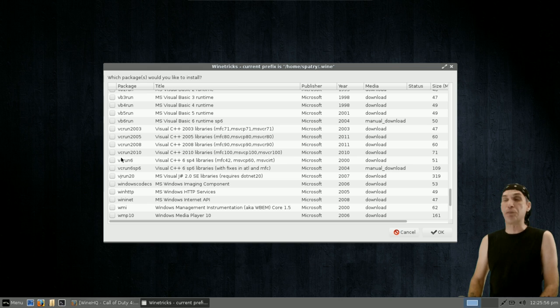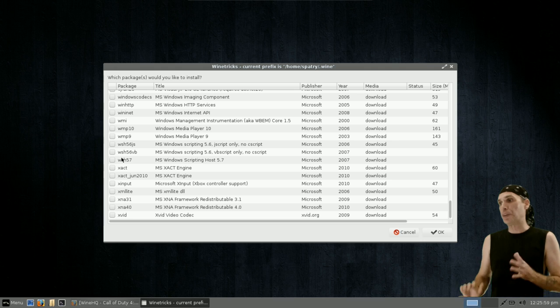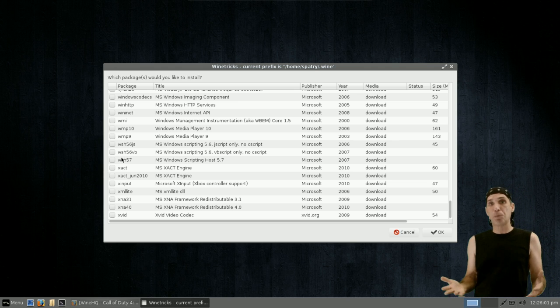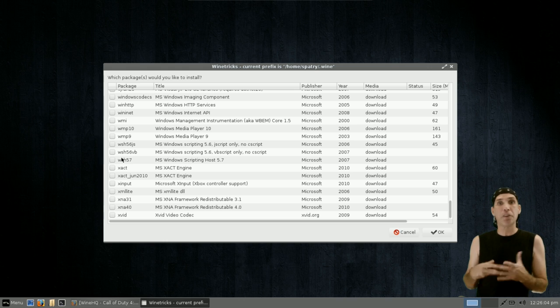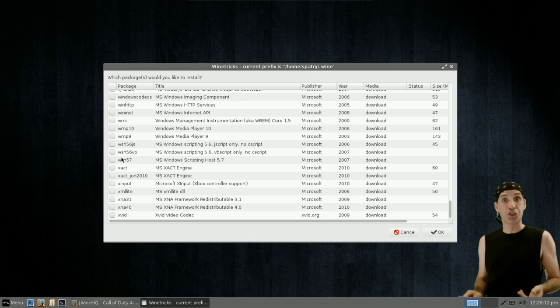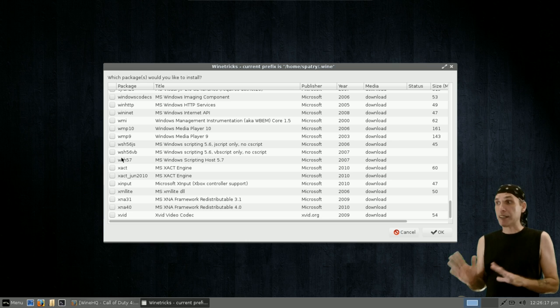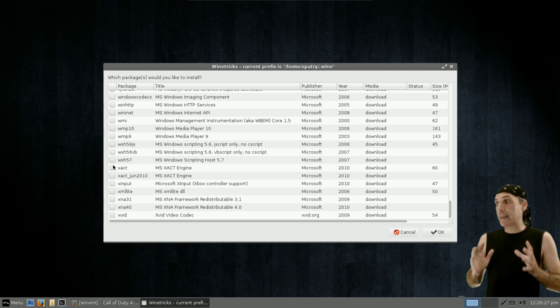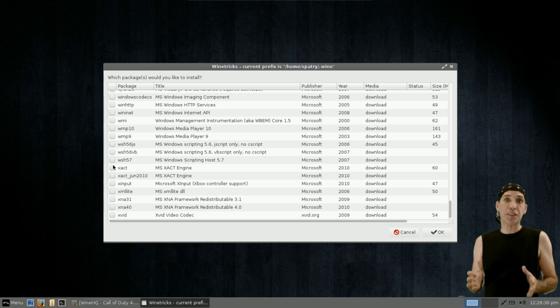VC runtimes, VB runtimes. So these are little things. So if you install a program and it's not working, it's giving you an error or just crashing, something you're going to need to do is go to the software manufacturer's website and read the system requirements for the software. What does it need? Does it need VB runtimes? Does it need, you know, any of these things that you can have Winetricks put in for you so that you can get that software working. These are critical, and I can tell you 90% of the time this has fixed problems for me